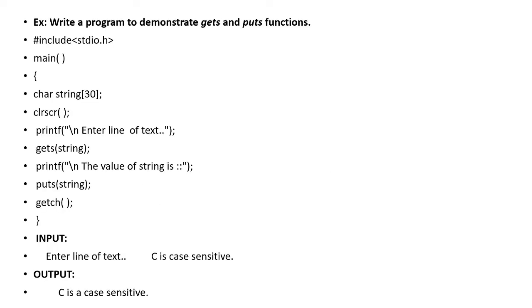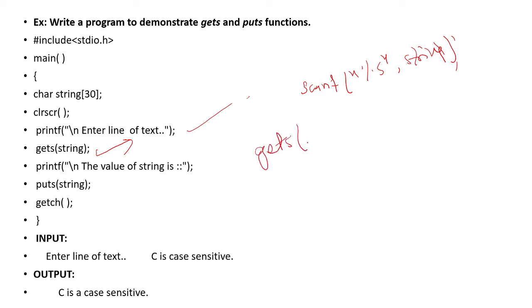And if you look at the gets and puts function demonstration, see this, enter line of text, and here you are able to read the string. Suppose you want to assign the value using the scanf function, you have to write scanf and the control string %s, and the variable you have used, string. Like this you have to write it for reading the string value. And if you provide a blank space, then it doesn't accept. But in the case of the gets function, using the string variable directly, you are able to assign the value to the string. So this is the feasibility we get with the gets function.